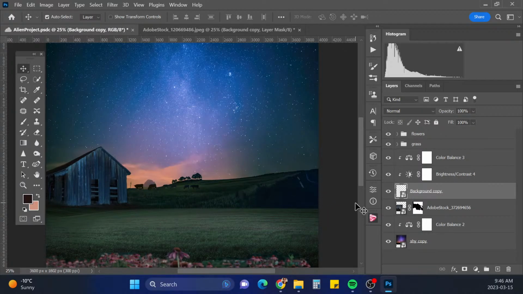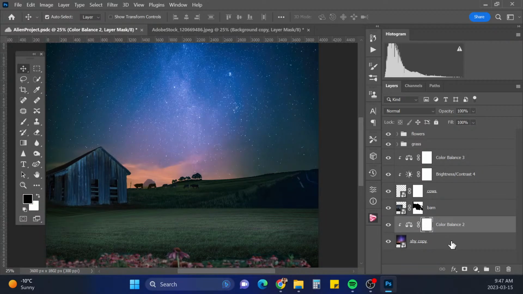I like that. Do I want them going the other direction though? That looks pretty good right there. I like that. Okay, so we'll put a mask on those guys. Call these cows. This one is the barn.